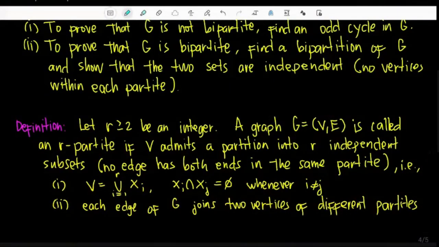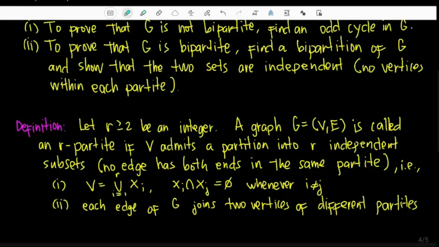We can actually extend the definition of bipartite in general. Let R greater than or equal to 2 be an integer. A graph G is called an R-partite if V admits a partition into R independent subsets. So here, instead of just two partitions, we're now looking at R partitions. So R independent subsets. Again, the second requirement is that these are independent subsets, meaning no edge of G